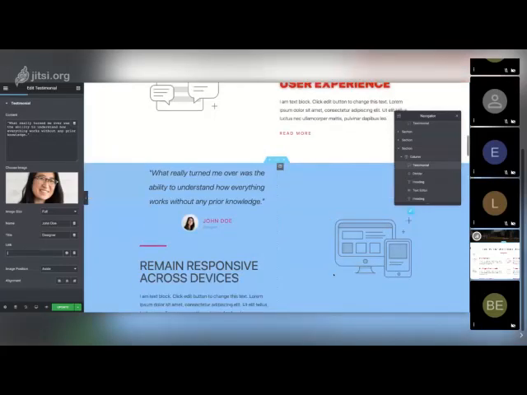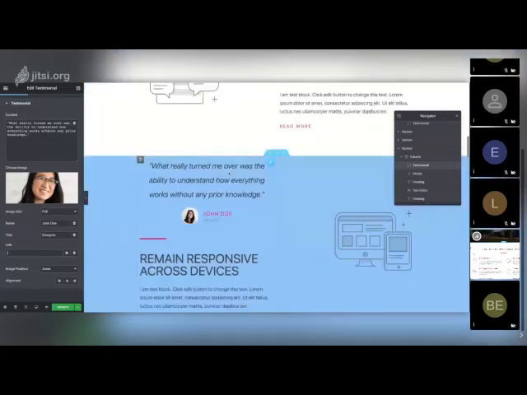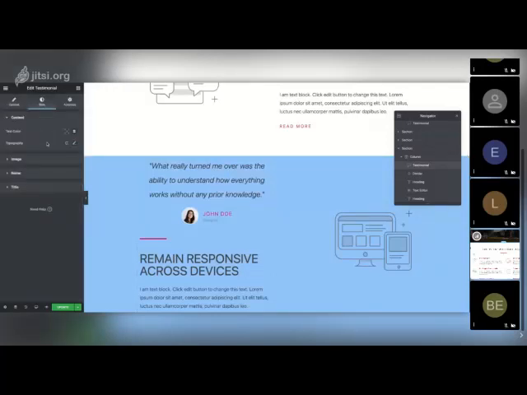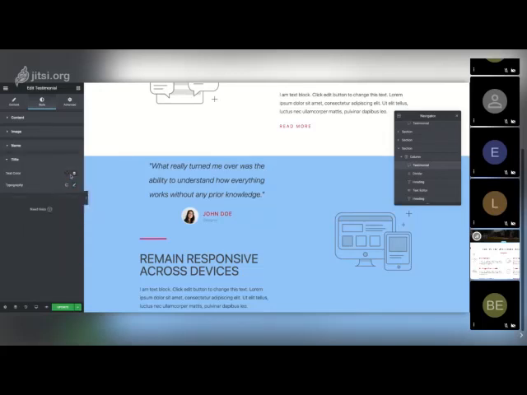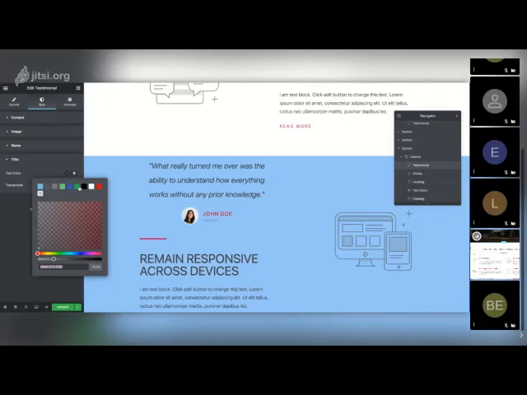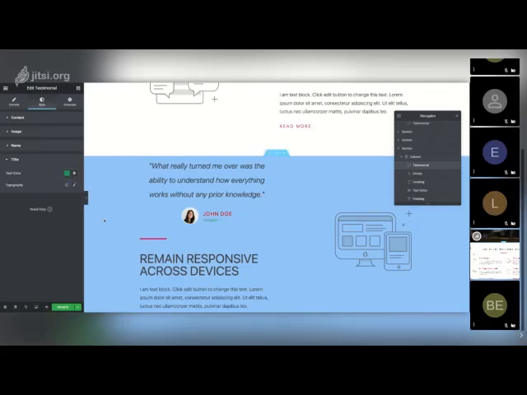You can move, and then if I make any editing here, like if I edit the color of the image, I don't want to make the image be the name. Let's say I edit the color to light green. Let me make it darker. Let's say black. No, let me select color. So the title, let's say I make it green, and since this is a testimonial element,